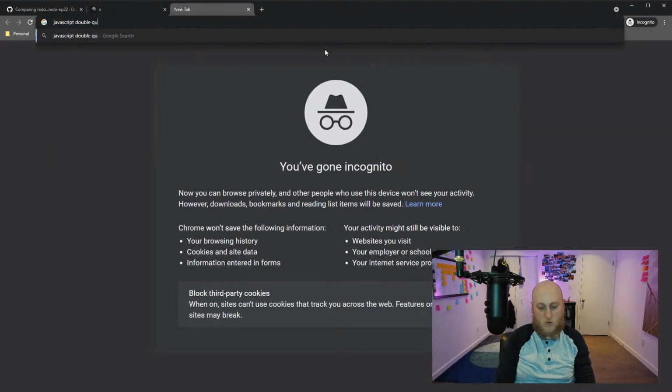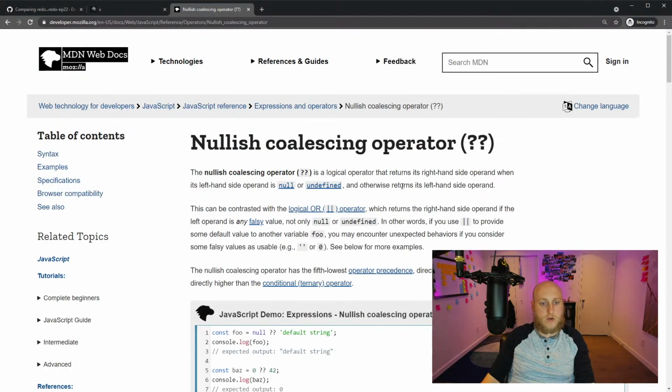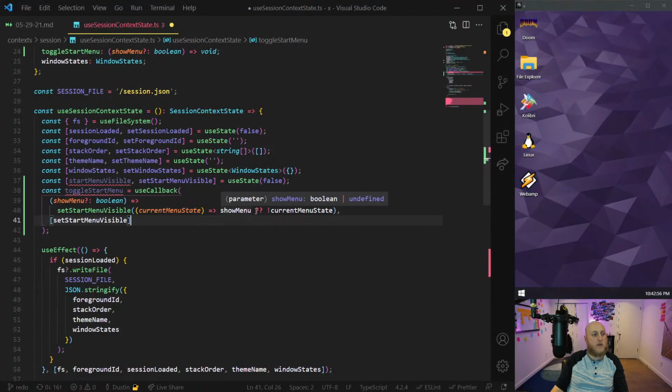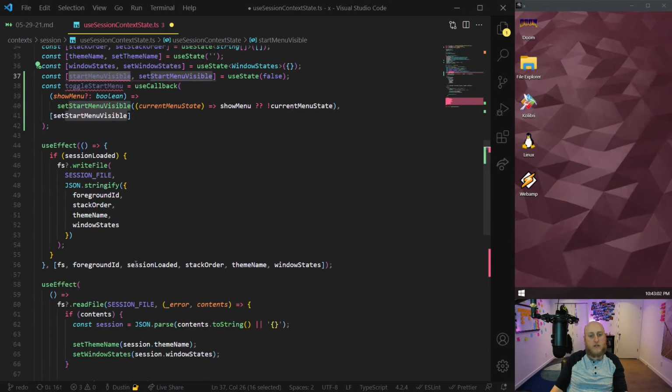JavaScript, double question mark. I don't even know what they call that operator. Null coalescing. Okay, the nullish coalescing operator is a logical operator that returns its right-hand side operand when its left-hand side operand is null or undefined. No, wait, is that what I want? Yeah, that is what I want. So if it's null or undefined, use the right. Otherwise, use whatever I give you on the left. Unlike the logical OR, which returns the right-hand side if the left is any falsy value. Okay, that's exactly what I wanted then. I think I knew that, but I came upon it too. Okay, so in my code before I had OR, but this is actually better and more legit. So, okay, we'll do that.